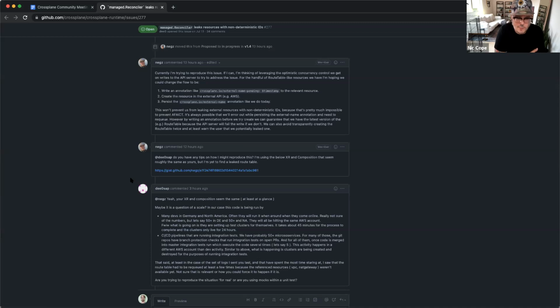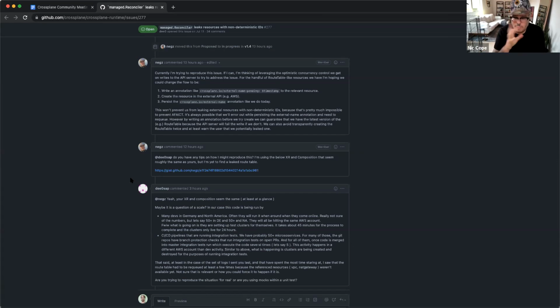And they had noticed they're spinning up clusters up and down a lot. They use AWS VPCs, and one of the resources they use there are route tables at AWS. And they noticed they couldn't delete their VPCs because there were unexpected route tables created in those VPCs. We've triaged that and figured out that it's most likely that Crossplane is sometimes, very rarely, when you ask for one route table, actually giving you two. You get a duplicate.